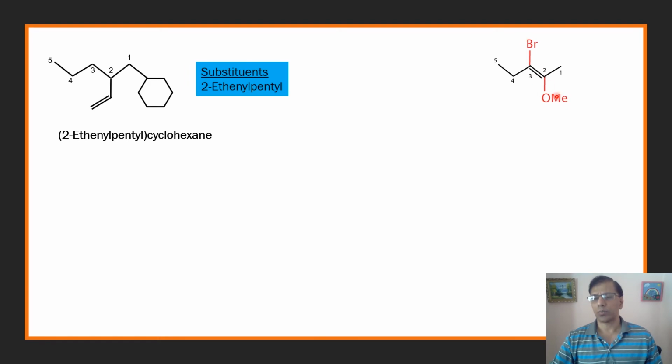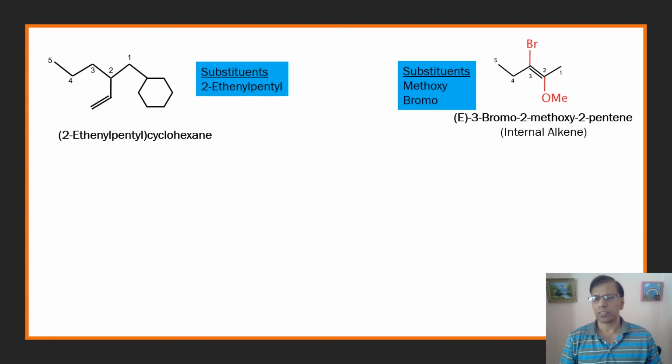So when the two priority groups, in this case labeled as red, are on opposite sides, and it's a tetra-substituted alkene, then the alkene is labeled as E. The substituents are bromo and methoxy, and so it's called E,